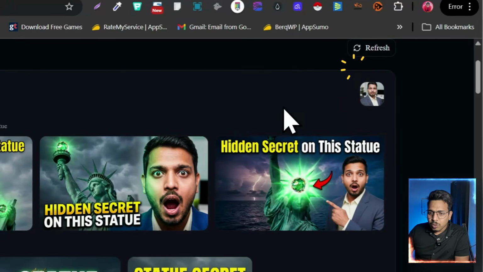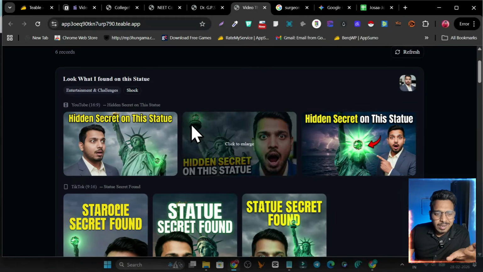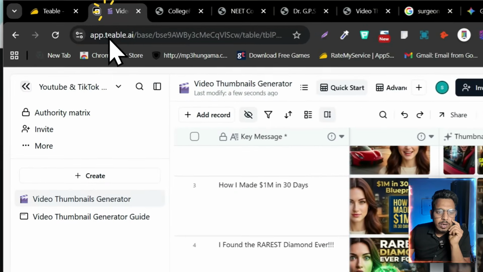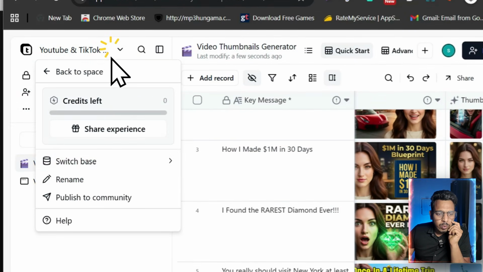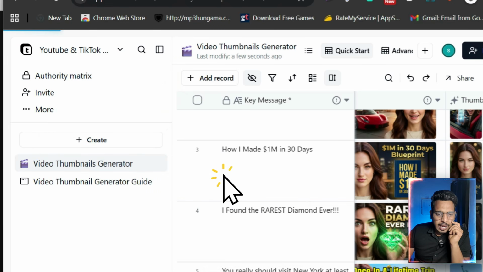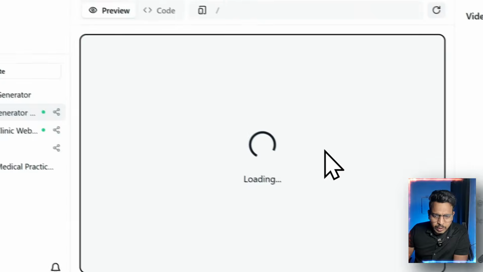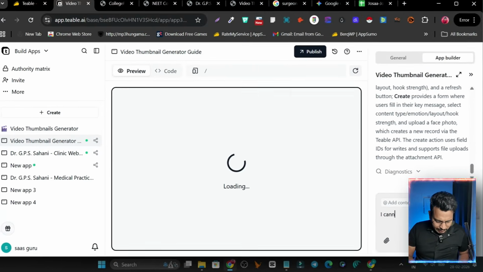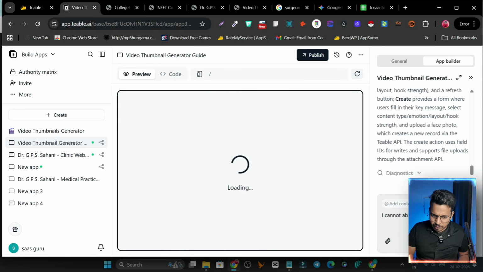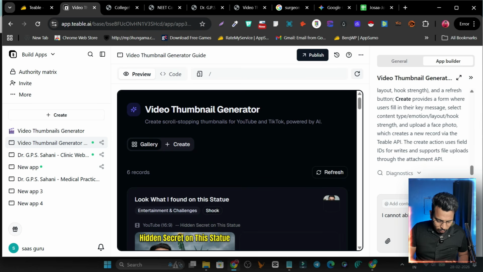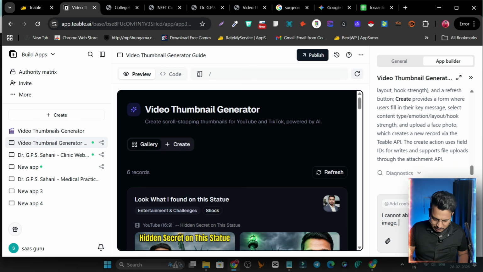Okay, so now let me show you, if you are going to face these kinds of bugs, how you can solve them. So simply go back here and I will go to the place where I have this app build up. So this is the app build up here. Okay, and now I'm going to solve it. Simply enter the issue you are facing: unable to upload more than one image, please solve this